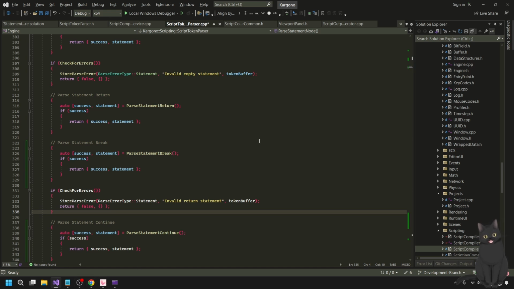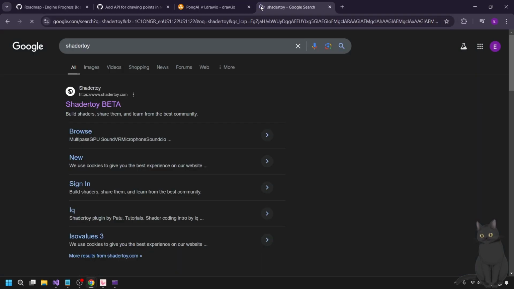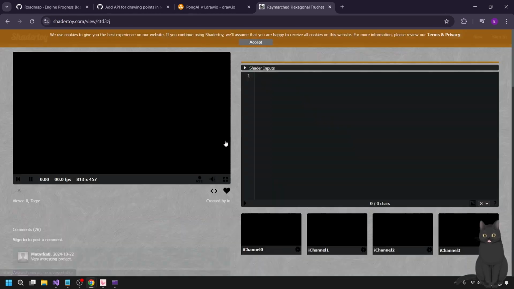I have a shader building system, but I'm not super happy with it. So I'm going to reconfigure that and make a system that's more similar to Shader Toy. I'm not going to add all the features Shader Toy has, obviously, but I want to have a little editor.